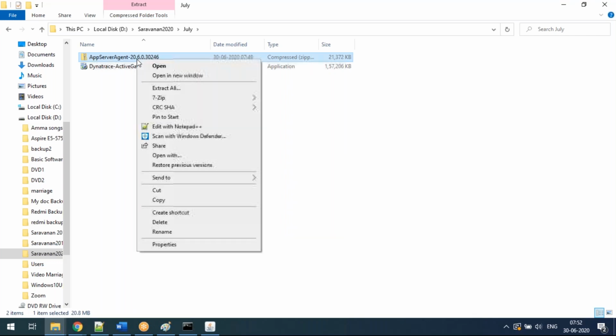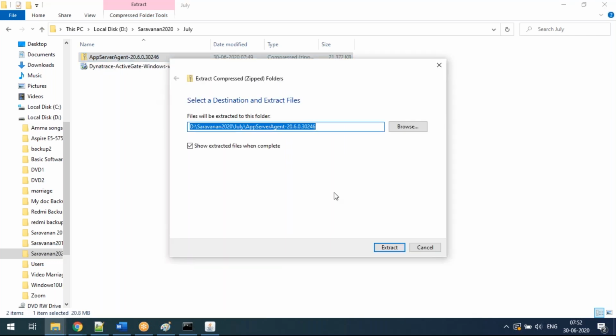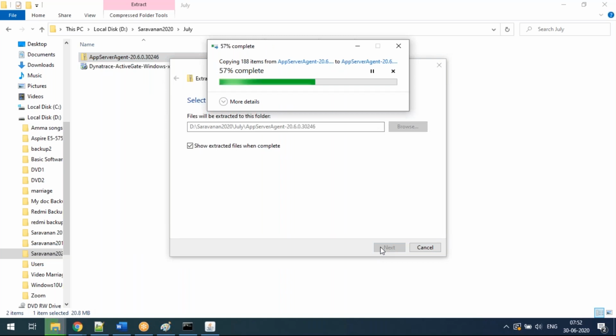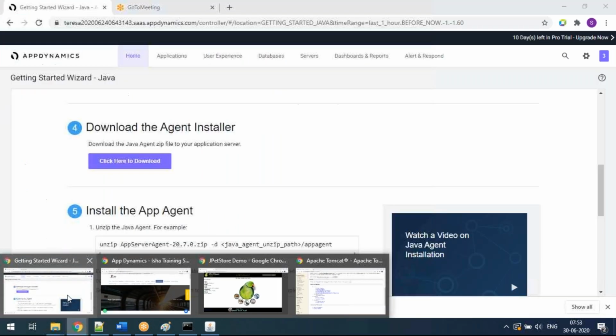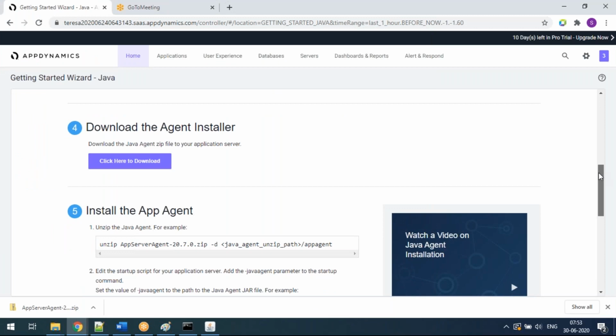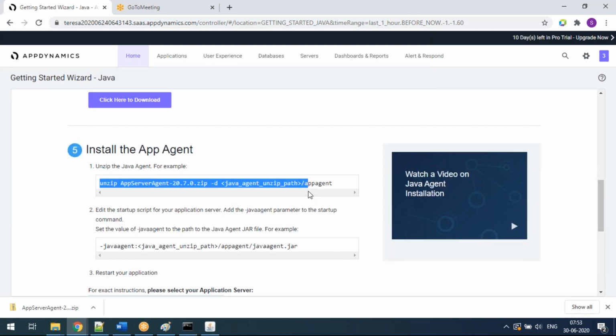Okay, so I downloaded the agent. I'm going to extract the agent which was downloaded from the AppDynamics SaaS account. Okay, I extracted it. If you come back to the page, they say you first unzip that.